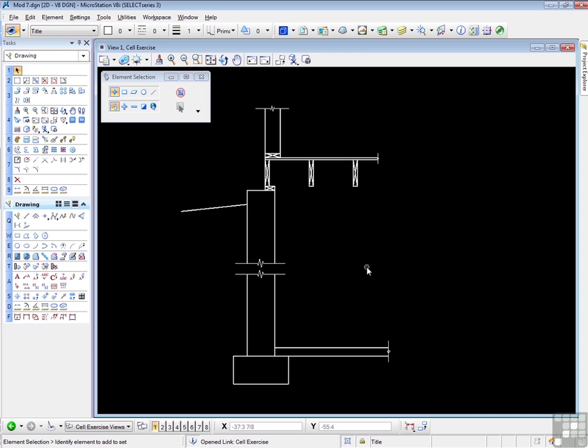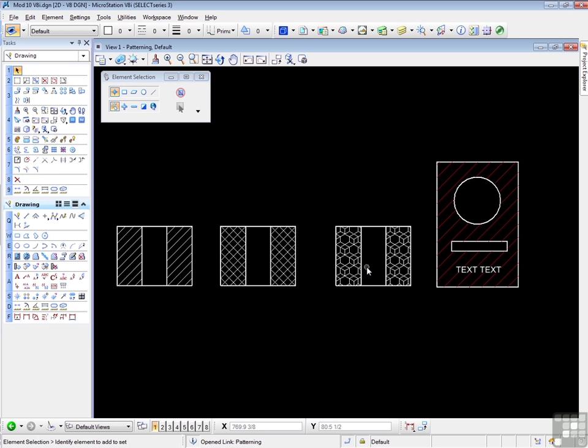Cells reduce the amount of work necessary for drawing by inserting standard details such as these. If you're migrating from AutoCAD, think blocks. That's the AutoCAD equivalent. Next, you'll be looking at patterning and hatching, which includes hatches, cross hatches, patterning with cells,